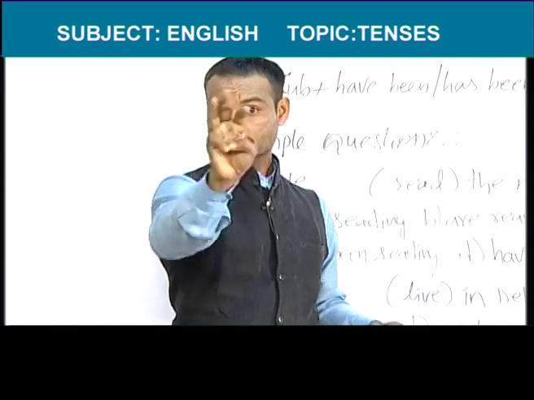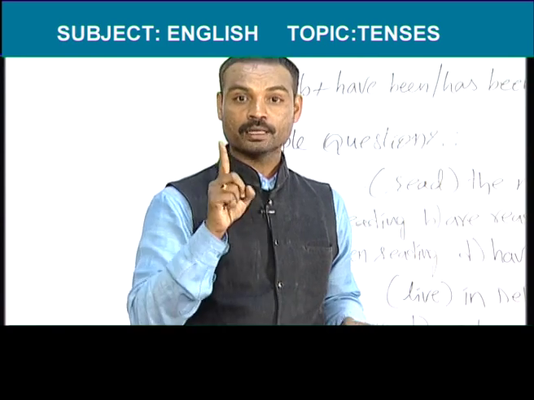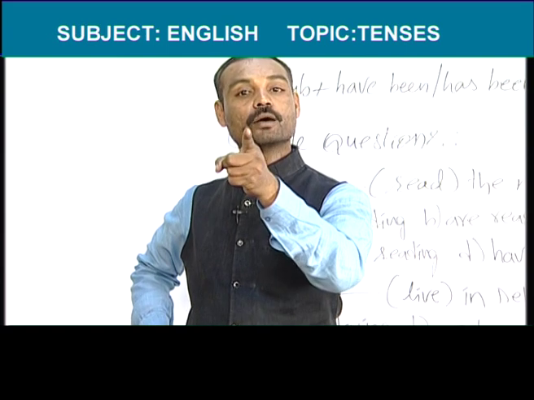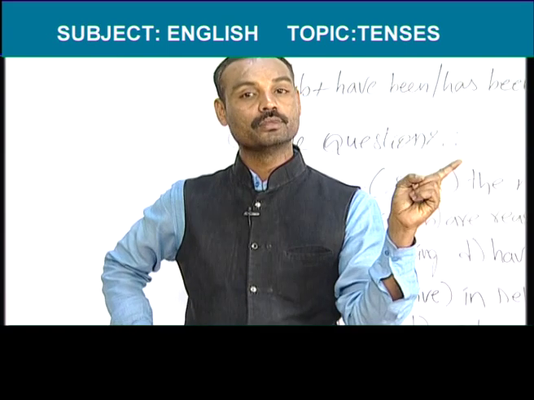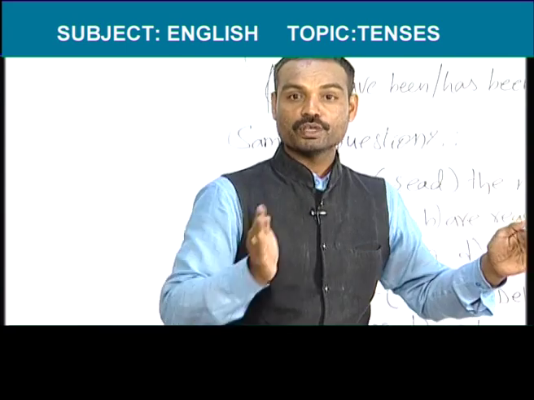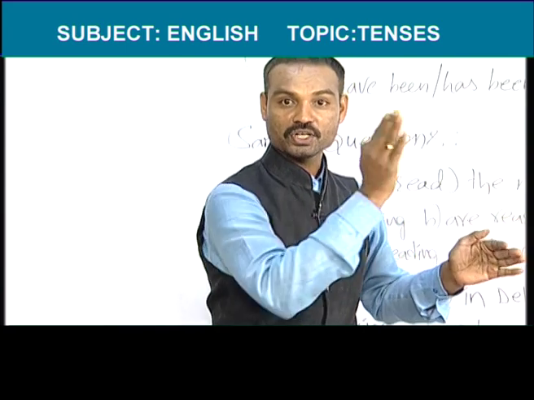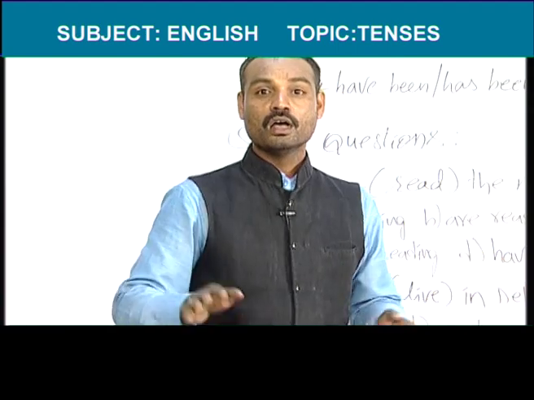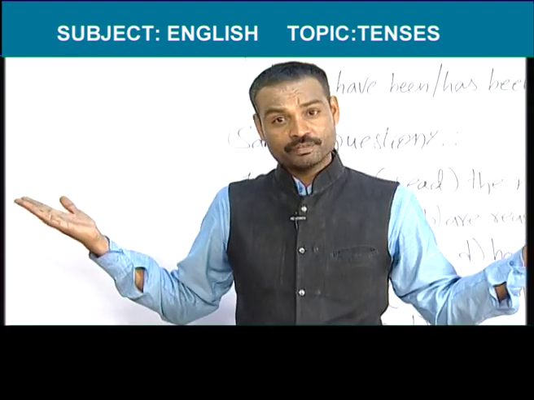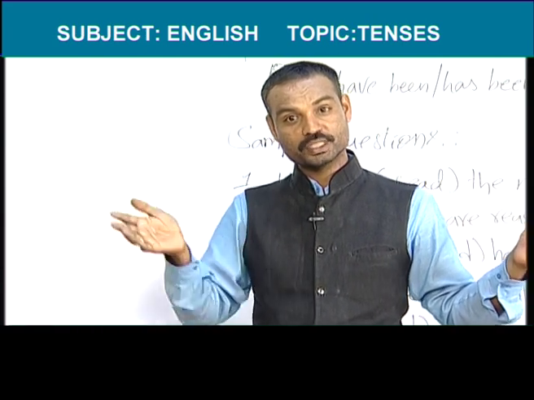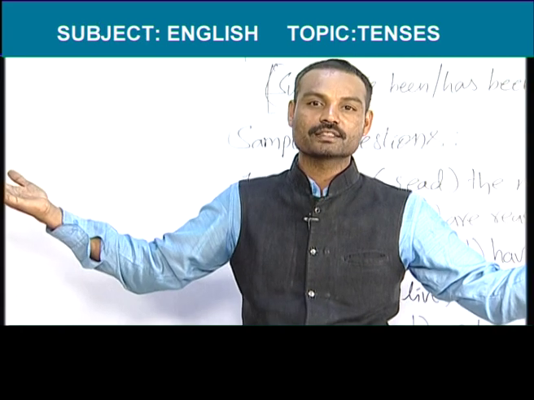In present continuous, there are three helping verbs: am, is and are. The main verb should contain the ing form: V1 plus ing in present continuous tense. Examples are: I am going to college now, we are going to college now, you are going to college now, they are going to college now, he is going to college now, she is going to college now. Or, I am preparing for exams, we are preparing for exams, you are preparing for exams, they are preparing for exams, he is preparing for exams, she is preparing for exams.